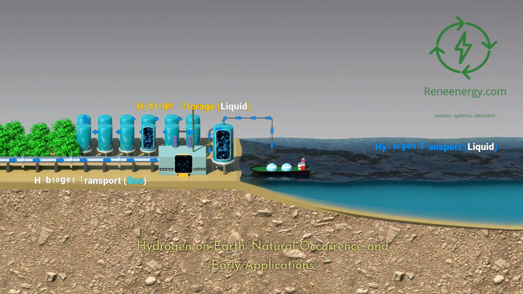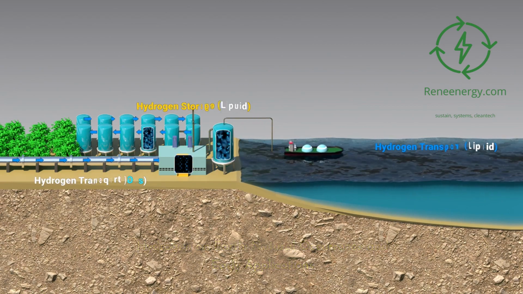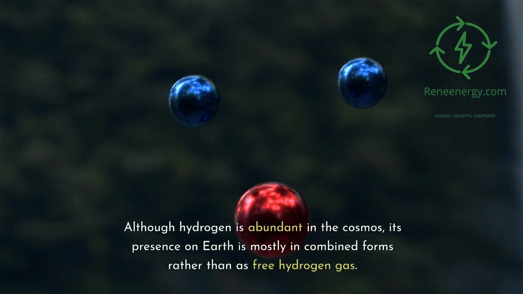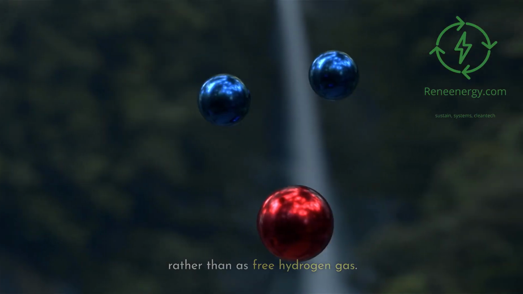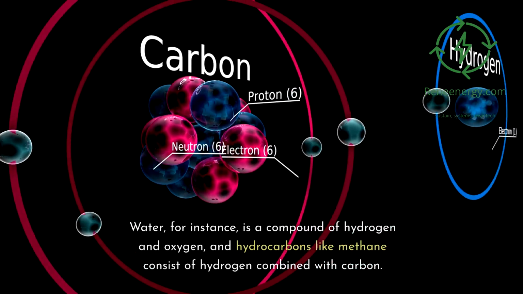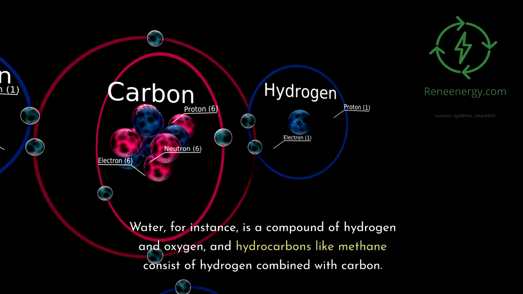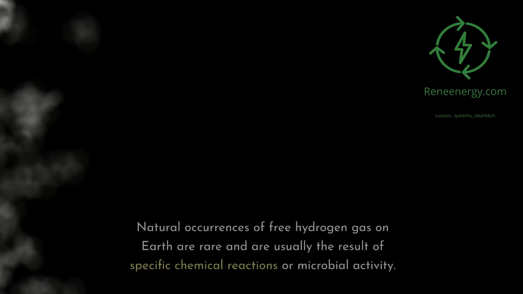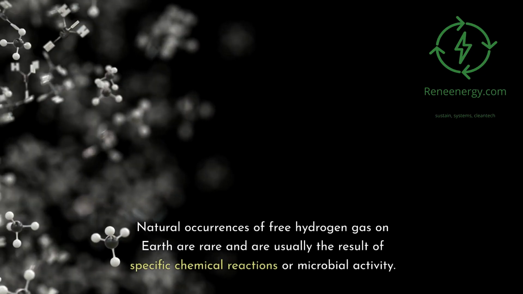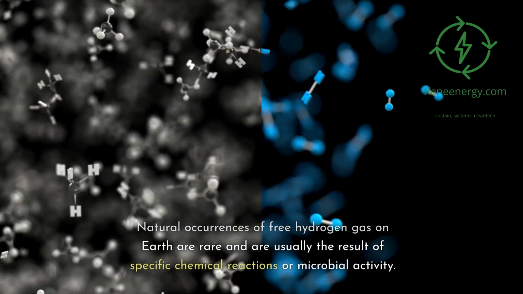Hydrogen on Earth: natural occurrence and early applications. Although hydrogen is abundant in the cosmos, its presence on Earth is mostly in combined forms rather than as free hydrogen gas. Water, for instance, is a compound of hydrogen and oxygen, and hydrocarbons like methane consist of hydrogen combined with carbon. Natural occurrences of free hydrogen gas on Earth are rare and are usually the result of specific chemical